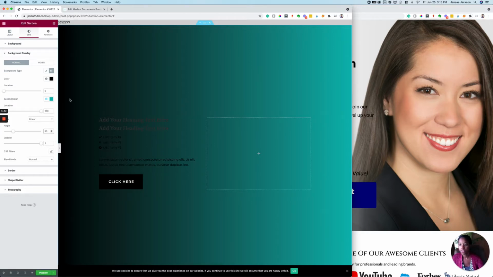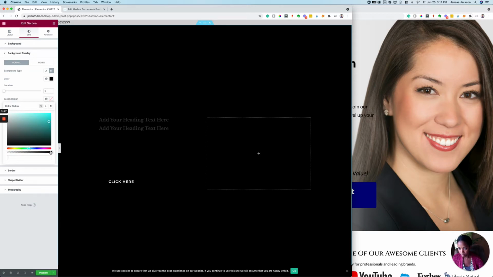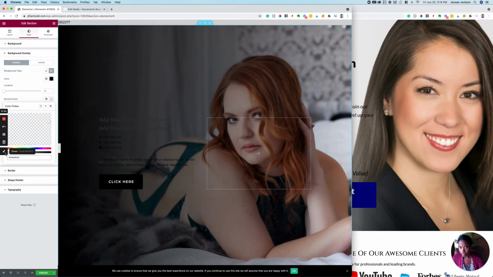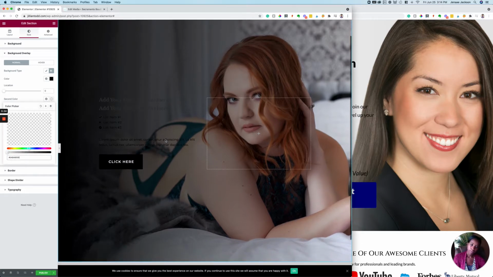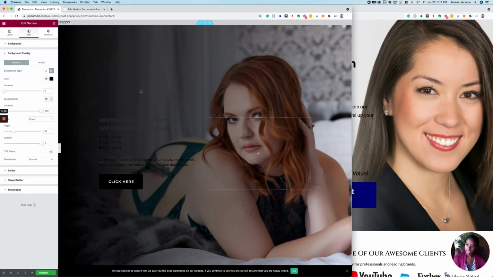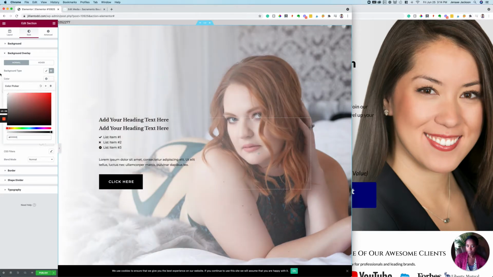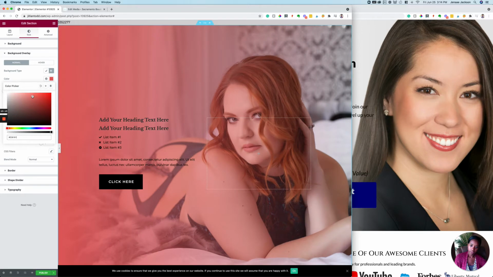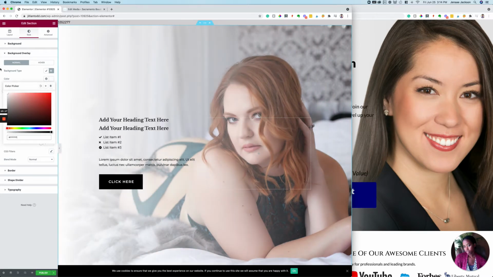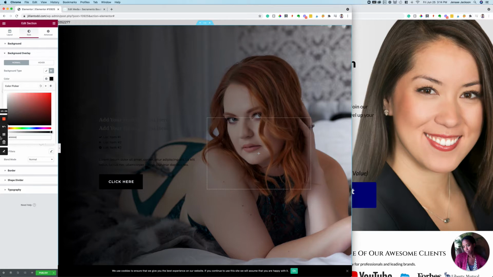Yeah, and you can see with the 90 degrees over here on the left is black, over here on the right is blue, but of course on the right we want the image to be there. So we're gonna make this transparent on the right. And then on the left, we have whatever color we choose to use. You can do black, and then of course you'd need to change the coloring of the font, or you can do white if you wanted it to be a lighter look, or whatever other color you'd like. Let's see, do I like better black or white? I kind of like the black,